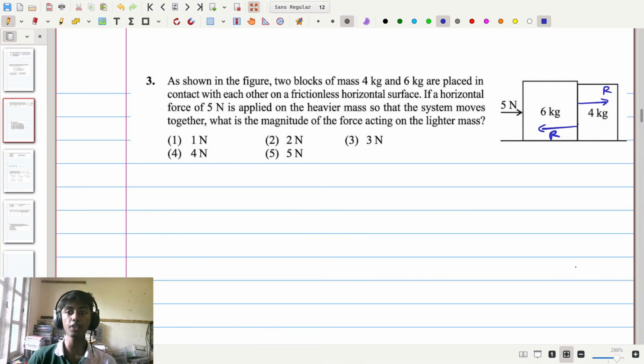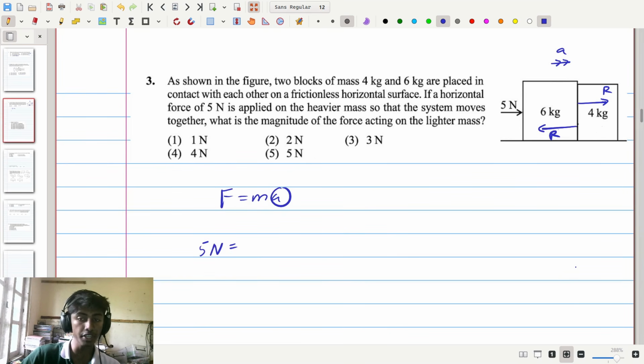Now due to this, if we consider the 4 kg mass, if the 4 kg mass moves with the 6 kg mass with the same acceleration like this, then both of them will move together. If we apply F equals ma to the whole system, on the left hand side the total force here is 5 newtons, which will be equal to the total mass times the acceleration, which is equal to 6 plus 4, or 10 kilograms times